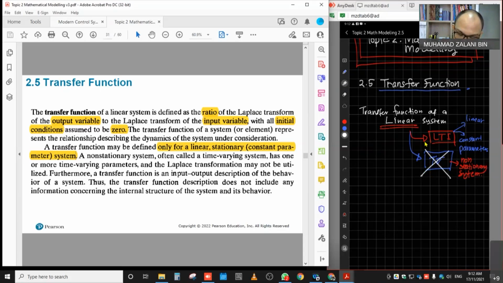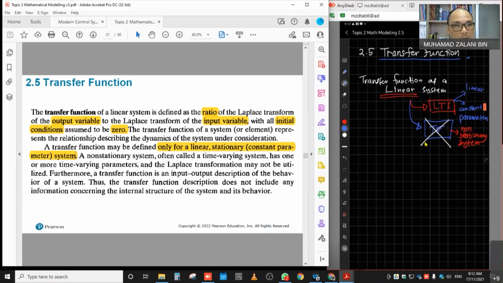Okay, so what is the definition of the transfer function again? Transfer function is a ratio of the Laplace transform. There is also the Laplace transform of the impulse response, that is also possible. But in the textbook, it is the ratio of the Laplace transform